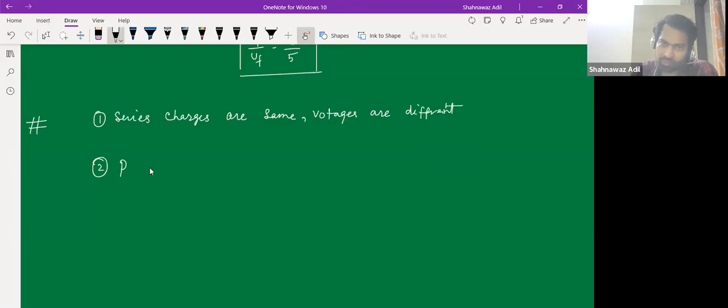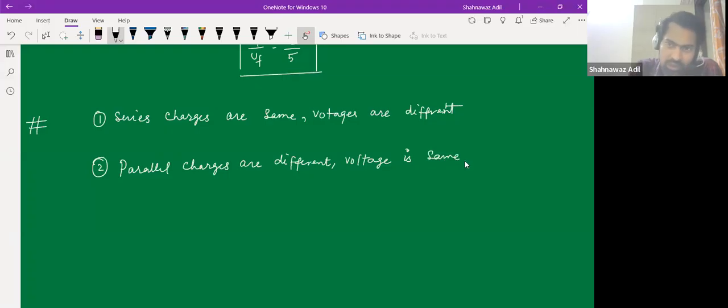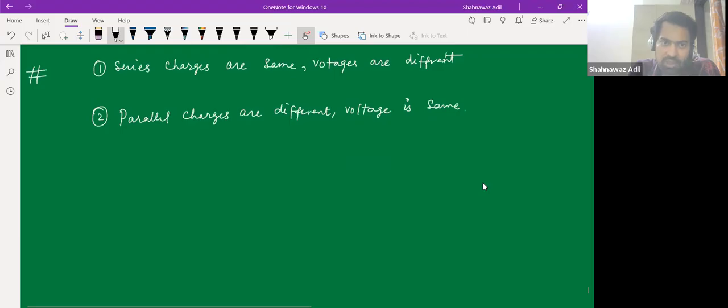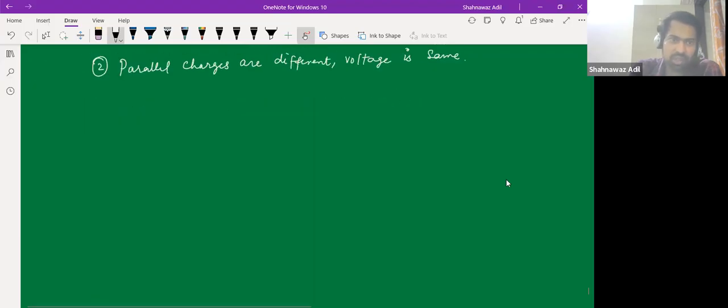And in parallel, charges are different and voltages are same. Keeping these two things in mind,